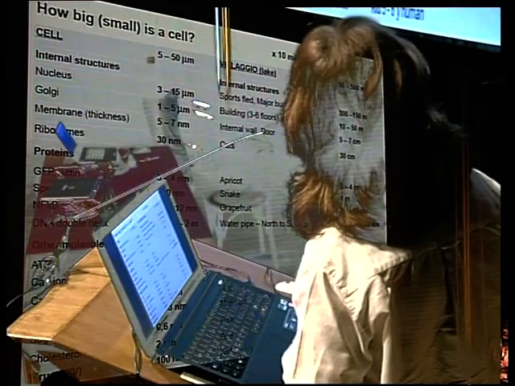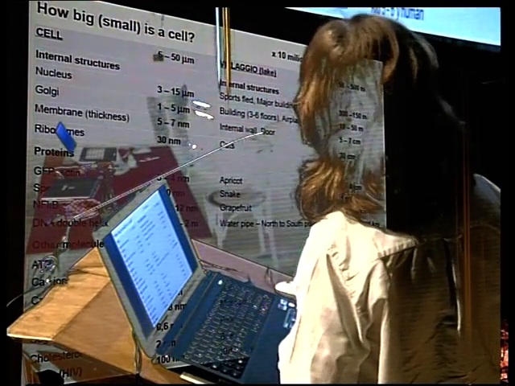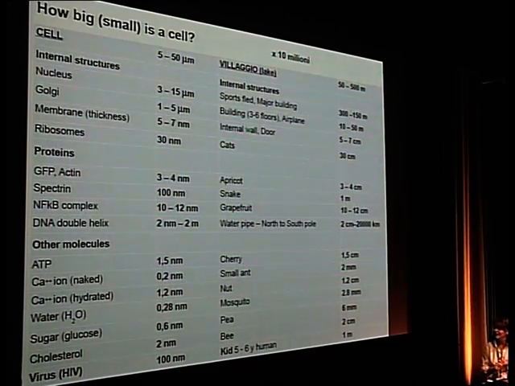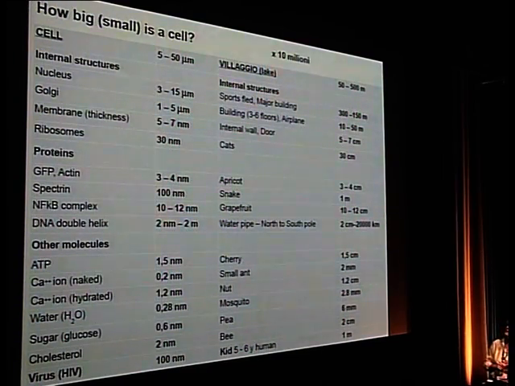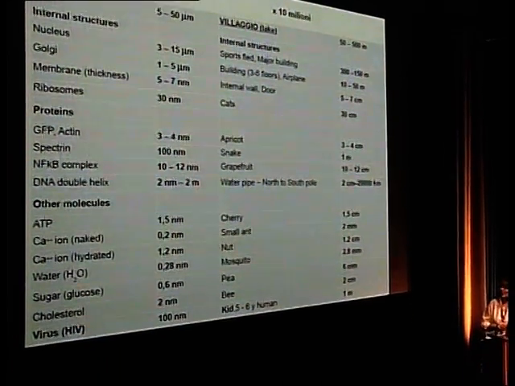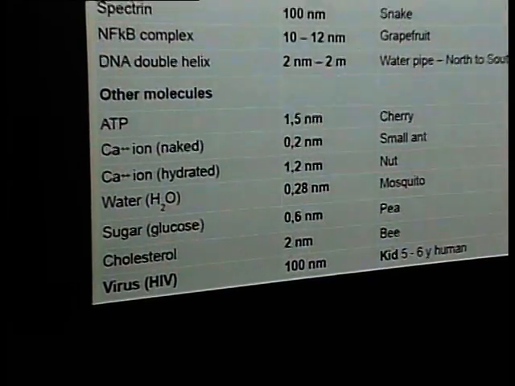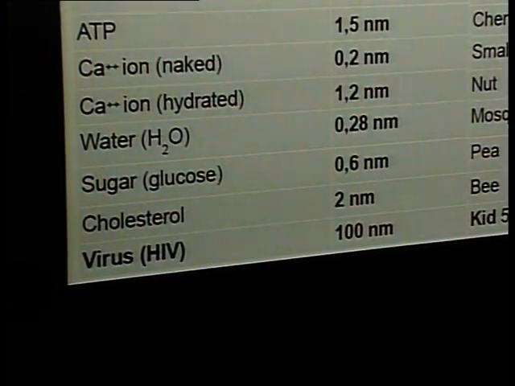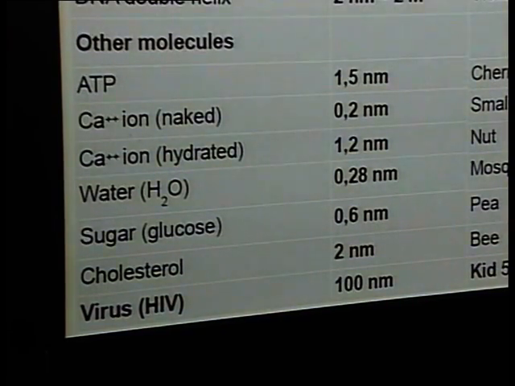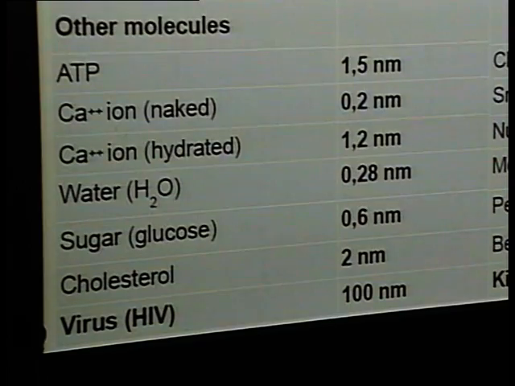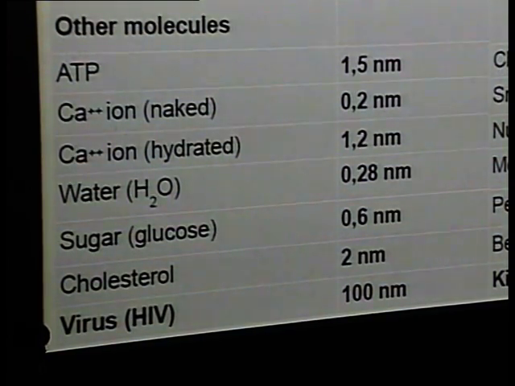Again, another minor thing I want you to notice is the dimension of a virus. Viruses are very small relative to cells. And again, in our 10 million times explosion, a virus would be the size of a small human. As you can imagine, one single virus does almost nothing to a cell. To have an effect, you need at least 100, if it's very bad, like a large squad of really nasty kids, or 1,000 to 10,000. Just to give you an idea of the dimension and of the things that go on in cells.